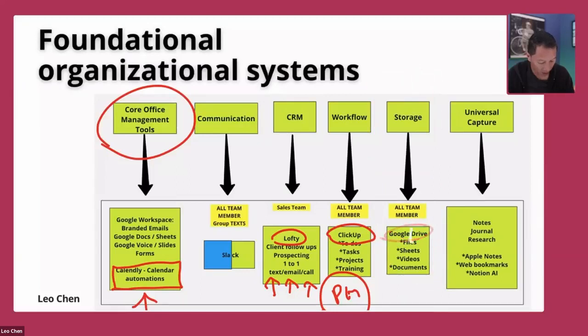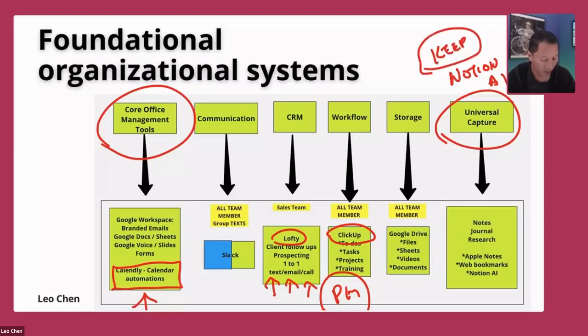And lastly, we talked about this a little bit. I think Abby brought it up earlier, is the universal capture. This gives you the ability to do any kind of research easily. Anything that you see on Instagram, on Facebook, on social media, on anything like that, okay, you'd be able to capture it so that you don't have to try to remember it. Okay, and there's a system called Notion AI that will help us do that. Okay, some of you guys use Keep. Okay, but I will show you the difference between, say, Notion AI and Keep that can make things a lot easier.